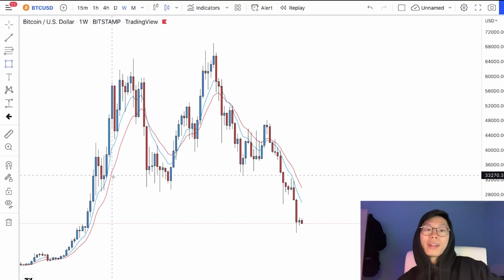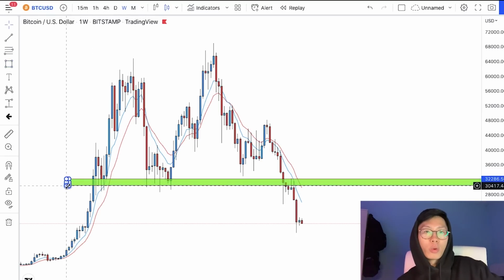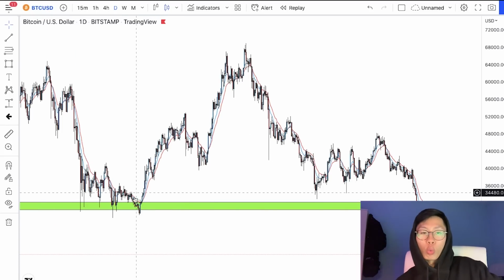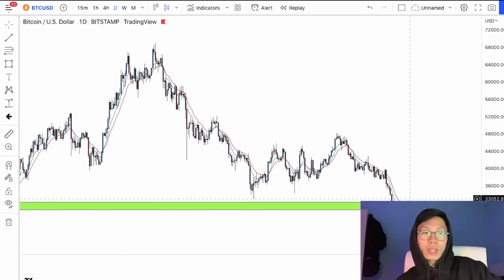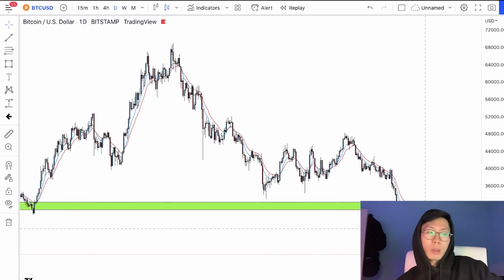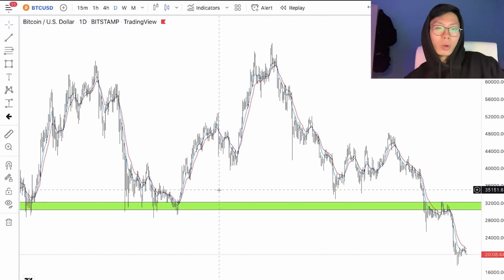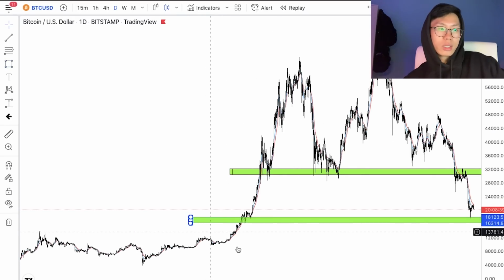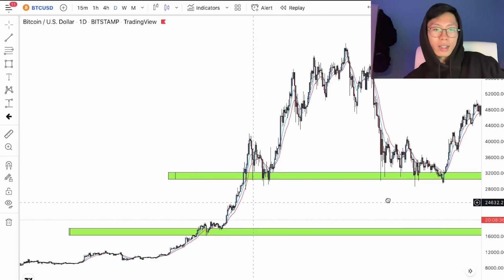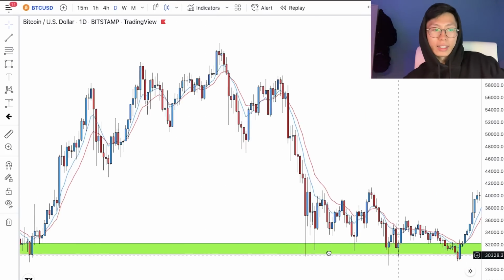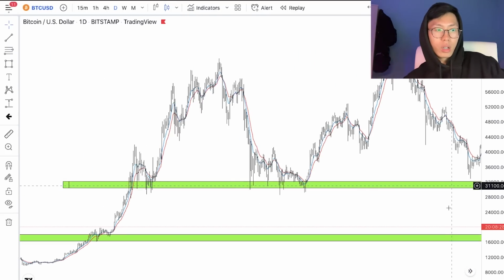So as we all know, Bitcoin has broke through our strong support area right here. This was a super strong support area that price has failed to break past multiple times, right? So when price finally broke past this support area, there is a lot of news going on and everybody is just super afraid because price has never broke through this support area. Once price breaks through this support area, the next area it will come down to is this little area right here, this 1600 area, which is a little minor support area, which I don't think honestly it will hold. I think that price is gonna go down even further for Bitcoin.